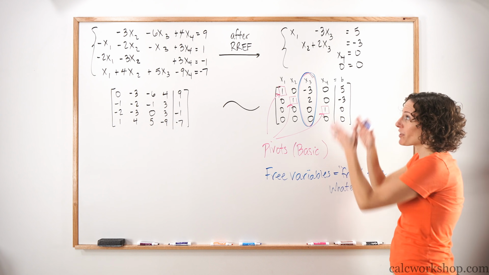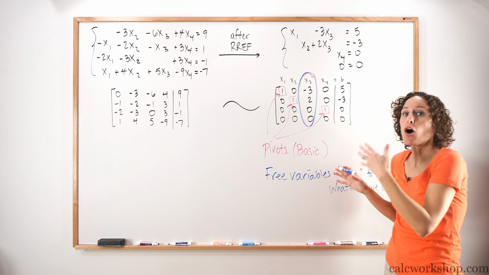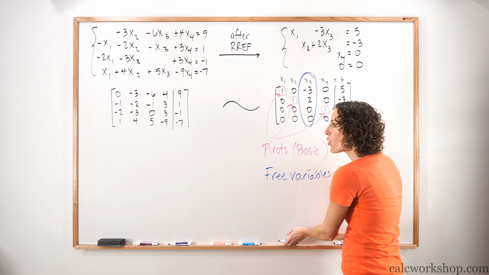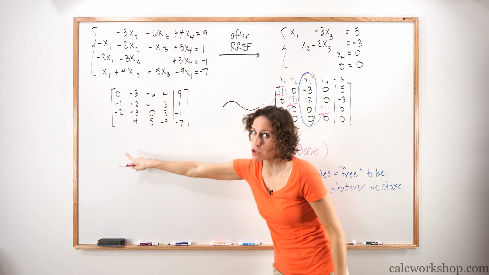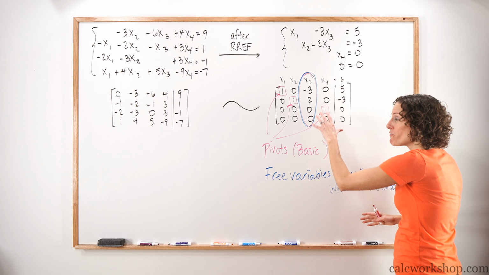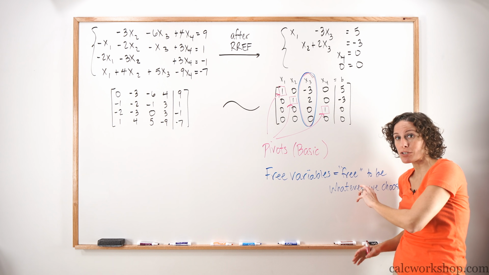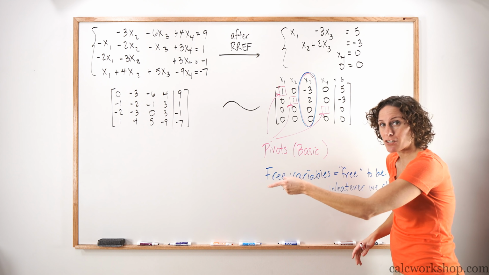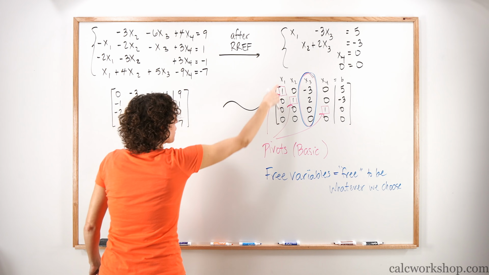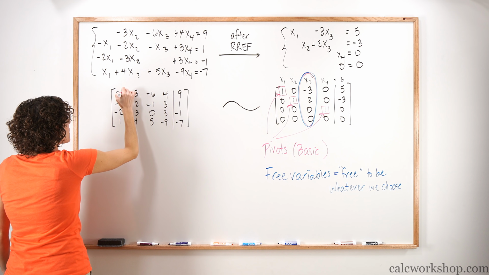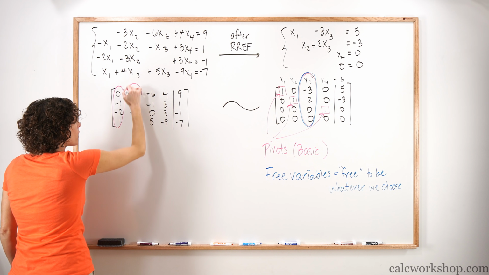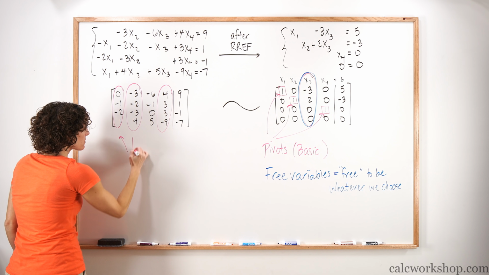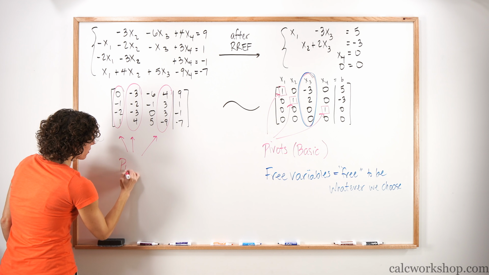So what's interesting is that the 1s are no longer referred to as 1s, they're referred to as pivots. And the columns that they appear in are referred to as pivot columns. Now the pivot columns always go back to the original matrix. So the pivots are found in the reduced row reduction matrix. The pivot columns go back to the original. So we saw the pivot columns appeared in column 1, column 2, and column 4. These are the pivot columns.